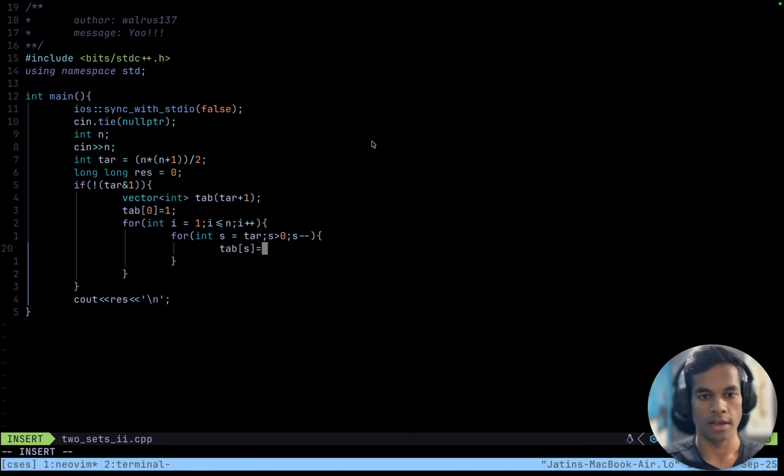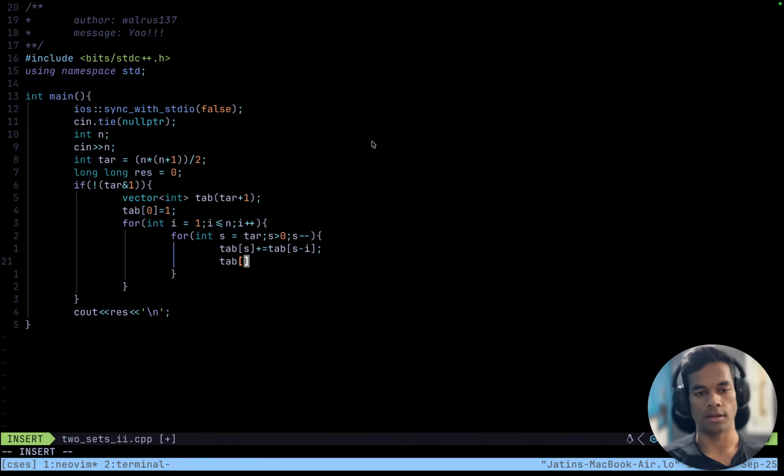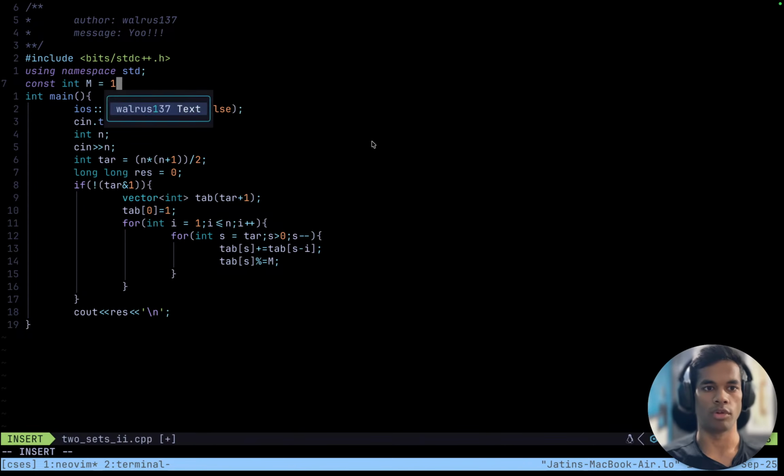Hopefully. Yep. So tar s will be equal to either I use this current coin or I don't use this current coin. So tar s plus equals tar s minus I, which is the current coin, and then tar s percentage equals m, take the remainder, const and m equals 1e9 plus 7,